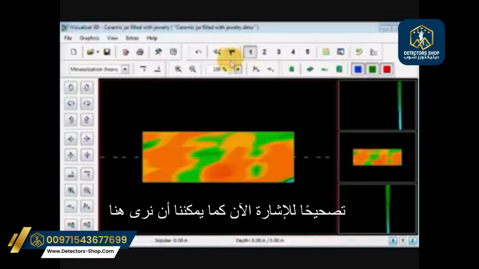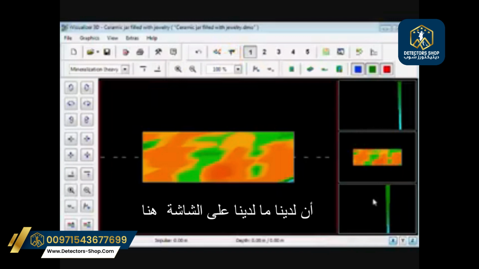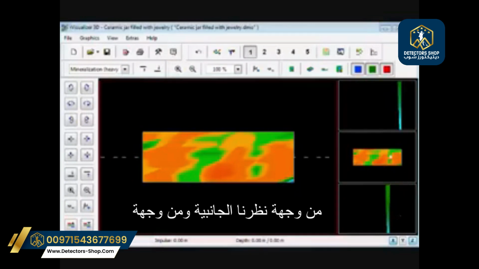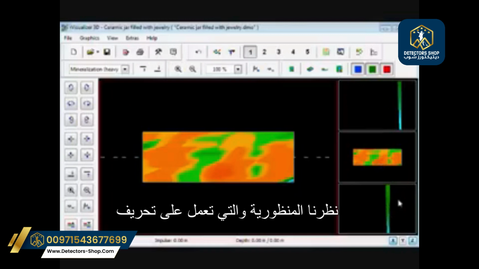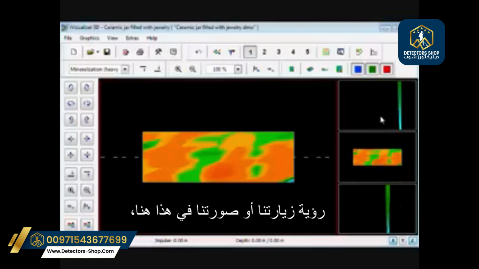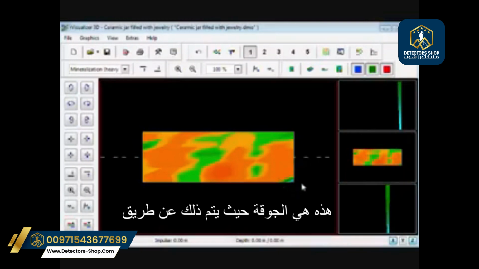Now, as we can see on our display here, it appears that we have one large signal from our side view and from our perspective view, which is skewing our image. This here is the corner where it is.